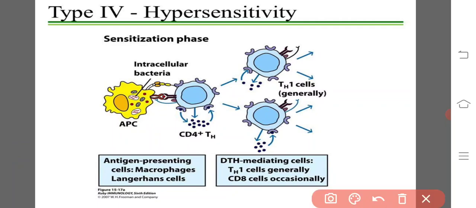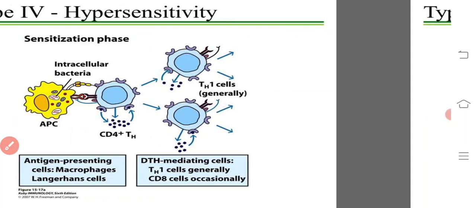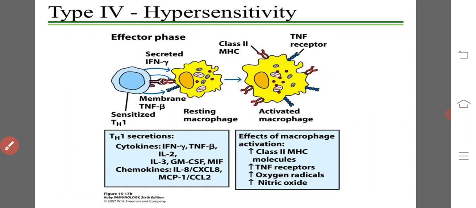Here there is a sensitization phase where the antigen presenting cells present the antigen to CD4 cells or T helper cells, and here you can observe the differentiation of the Th1 cells and they activate the CD8 cells occasionally to cause the cytotoxicity. And here we can observe the effector phase, and Th1 cells, other T helper cells, they release IFN